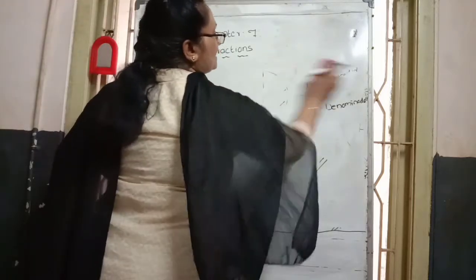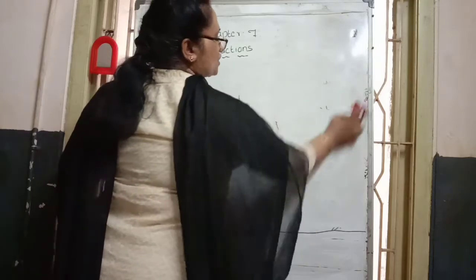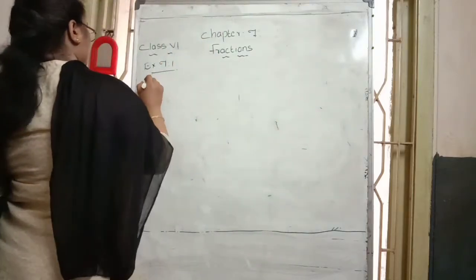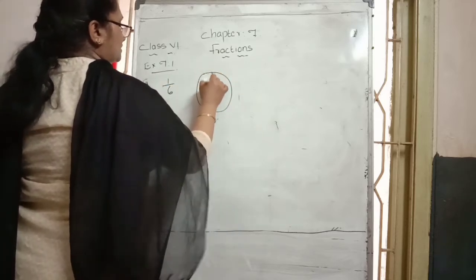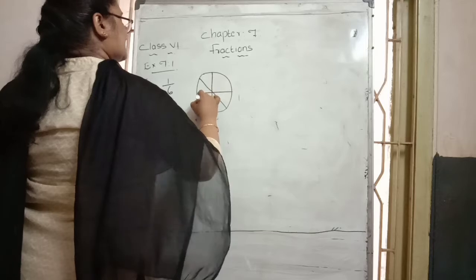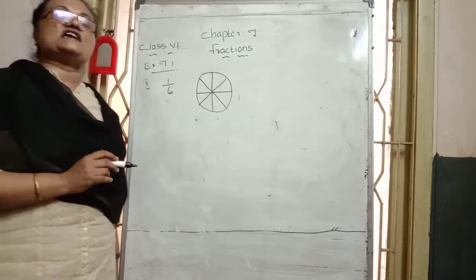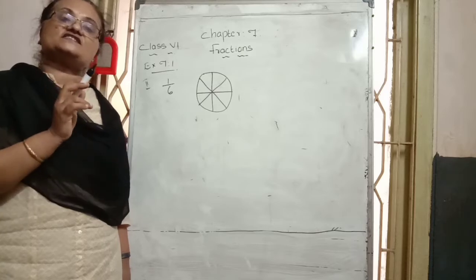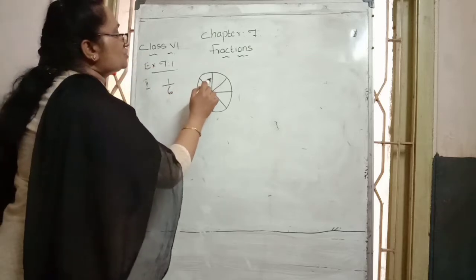the second Roman numeral. They have given fractions and they ask us to shade the diagrams on the basis of that fraction. That is the meaning. Here see, in the second Roman numeral, one diagram is given, one circle. It is divided like this. The fraction given is 1 by 6. What they ask is to shade it. So 1 by 6 means it is to be divided into how many parts? 6 parts. See, 1, 2, 3, 4, 5.